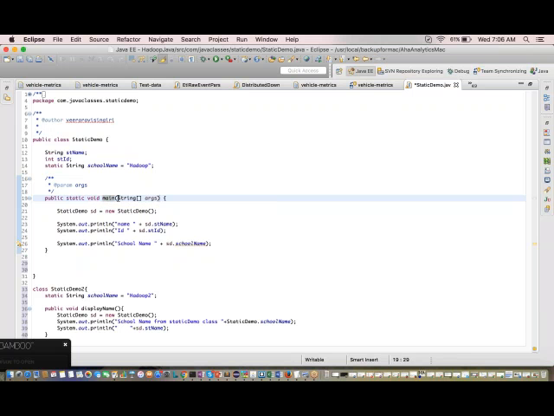And what are these arguments? While calling your class, you can pass some parameters at runtime. At the time of running your class, you can give some external variables from outside the class. Those can be taken into the string array. That is the reason they have designed this array. If it is not an array, you can pass only one variable. If it is an array, you can pass any number of variables. Like while running, what we will do,